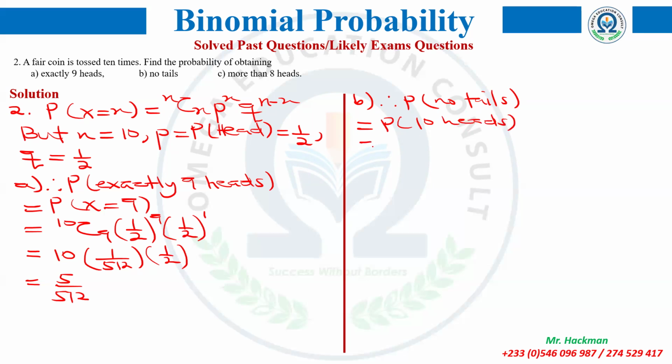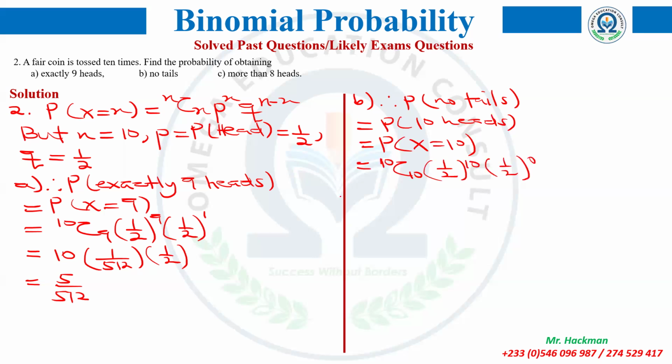So in effect, now that it's in terms of our success, we can now quote it in terms of x. So it will be x is equal to what? 10. All correct, my professors? Yes, sir. So now we are in a very comfortable lead, pole position. So now what do we do? Quote the formula. So it will be 10 combination 10, then 1 over 2 to the power 10,